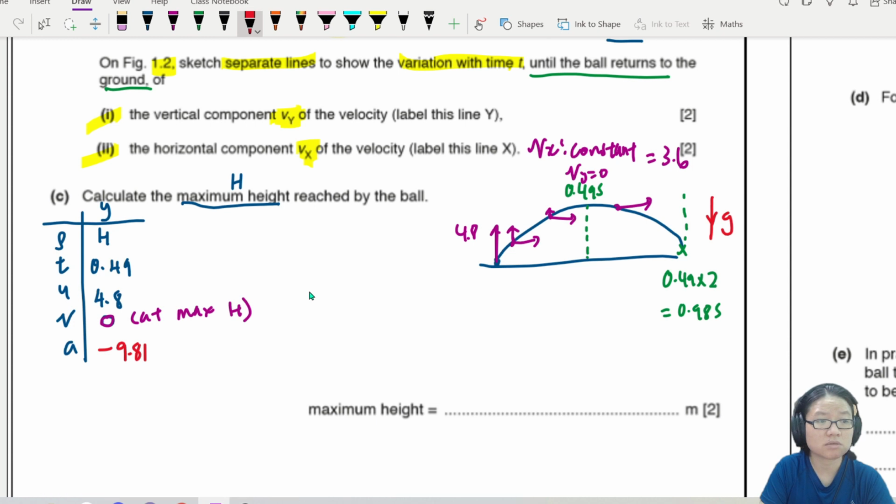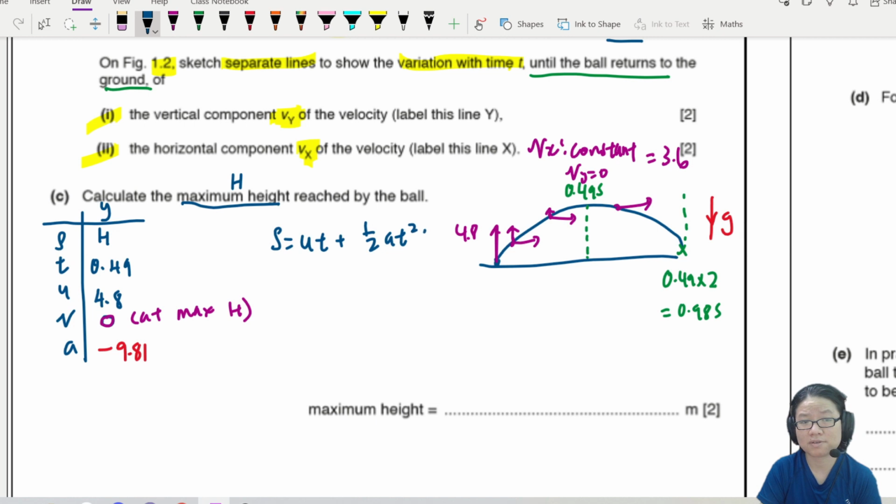So I used, teacher, I can use any equation. Correct, you can use any equation because you got all the values. Just use the equation with S. So I think I will just copy an equation from the front. S is ut plus half at squared. Okay, so this one will be 4.8. You can use any equation that you want. Okay, plus half negative 9.81 t squared,